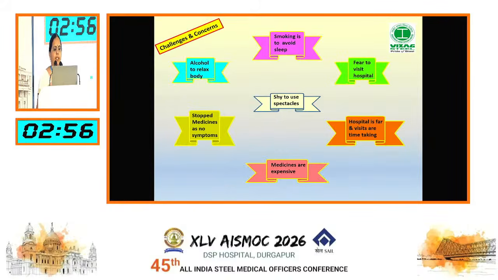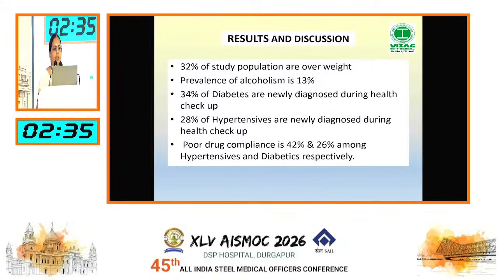The challenges I found during this process are: alcohol to relax the body, smoking to avoid sleep, fear to visit the hospital, shy to use spectacles, stopped medicines as no symptoms, hospital is far and visits are time taking, medicines are expensive. So, results and discussion: 32% of the study population are overweight, prevalence of alcoholism is 13%, 34%